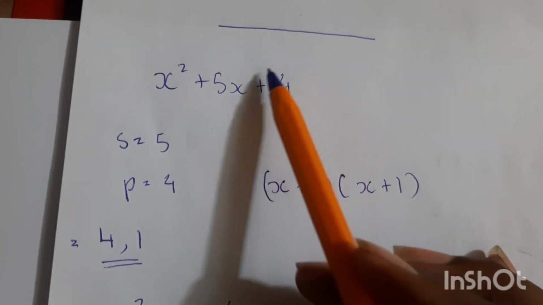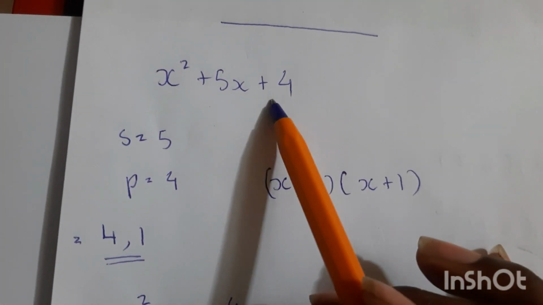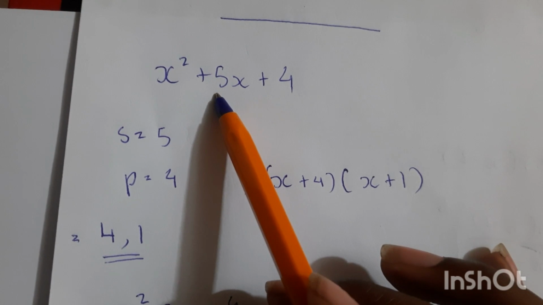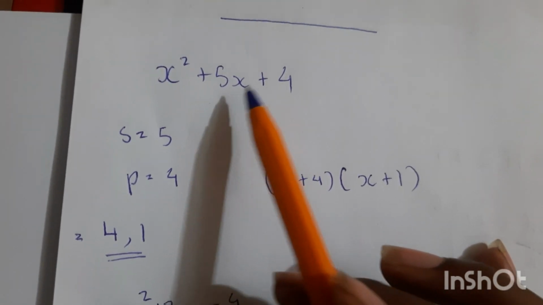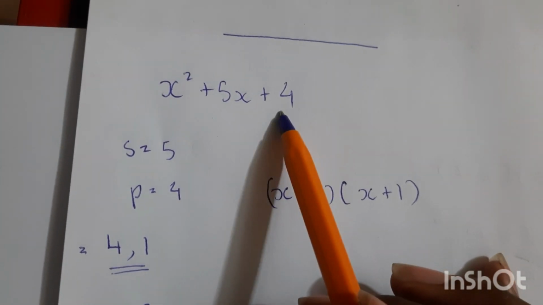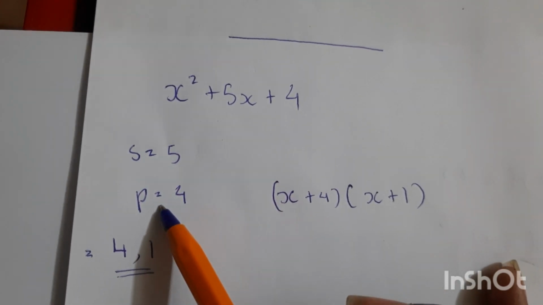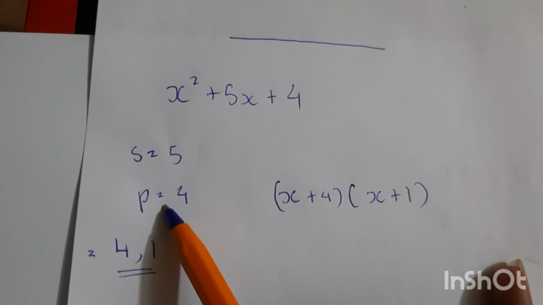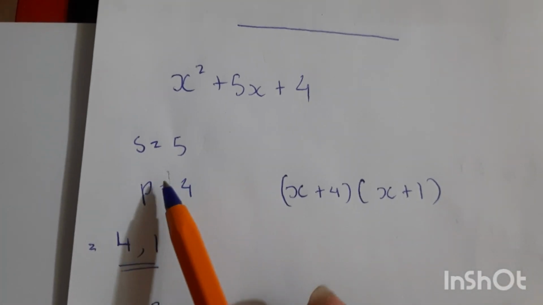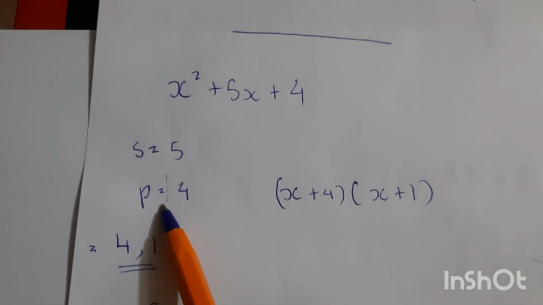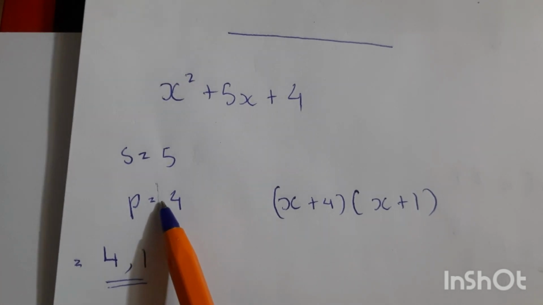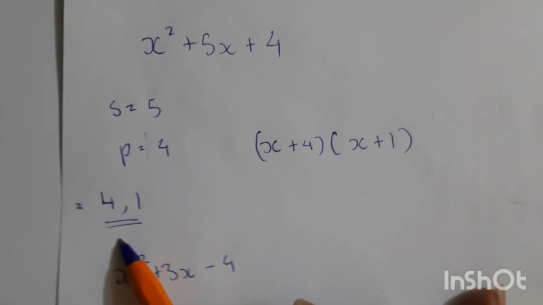So this is our numerator, x squared plus 5x plus 4. It's always the sum and product, always in this order. So the sum is positive 5, and the product is 4. The two numbers that multiply to give you 4 and add to give you 5 are positive